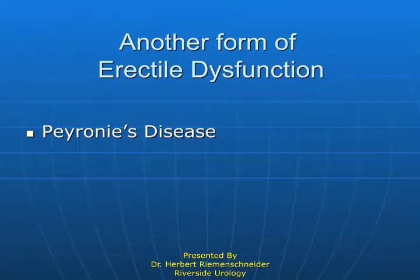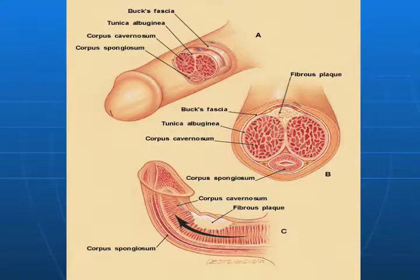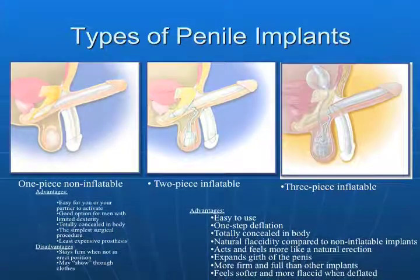There's another form of erectile dysfunction. It's called Peyronie's disease. It's named after a physician who really described it back in the 1800s. The more severe cases of Peyronie's actually impair the flow of blood into the erectile bodies, and the distal portion of the penis doesn't become erect. You can use an inflatable prosthesis, and in those circumstances you can correct the curvature and you can give them the capacity to